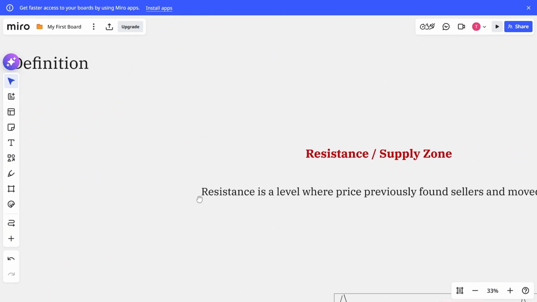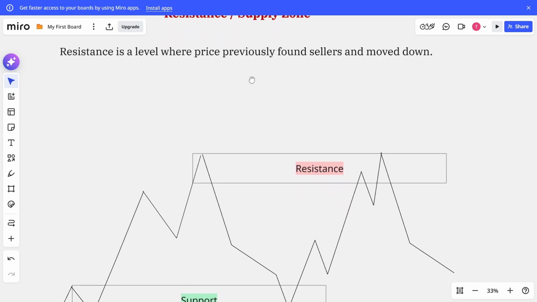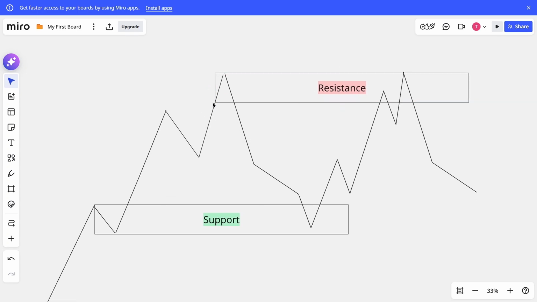Now, going to the second part of our course today, which will be resistance or supply zone. Resistance is a level where price previously found sellers and moved down. So going to the graphic again, we have our same example here. After the market made this high and retraced, went to the support zone, collected liquidity, like the limit orders, awaiting orders here, and then went high again. It tapped at the same exact zone where price retraced from earlier,